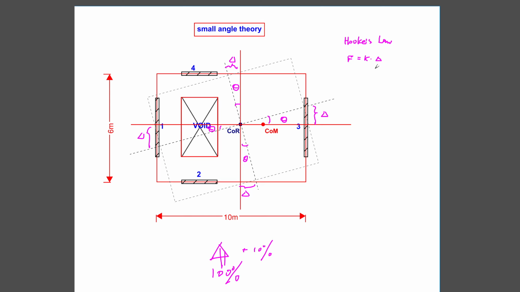From Hooke's law, the force equals the stiffness times the deformation. The stiffness, as I explained in the previous video, when we're working at the center of mass and the center of rigidity, the stiffness for the wall frames is essentially the length squared. So basically, Hooke's law, the force is equal to K, that is L squared, and times our theta. And next, we need to figure out